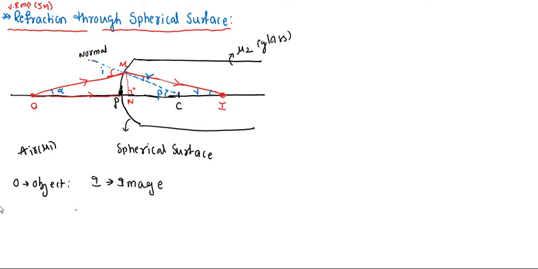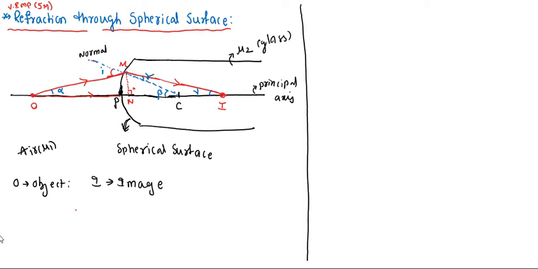Then we have to derive one equation, the general equation for the spherical surface. For that purpose, we have to apply Snell's law here. We are taking this angle at O, the red line is making angle alpha, and at point C, this is the normal drawn, making angle beta with the principal axis. This we can take as the principal axis, and this is the spherical surface. It is in the shape of a sphere. It is a part of a sphere.